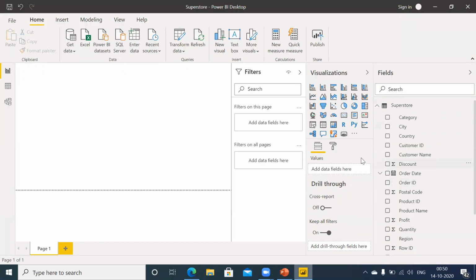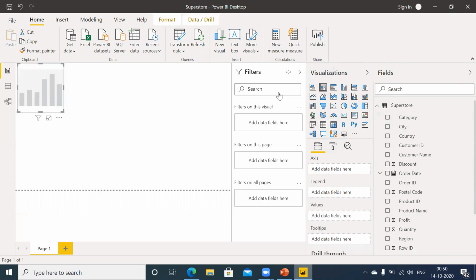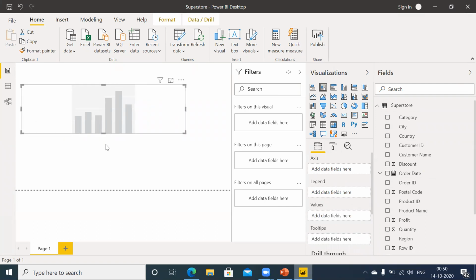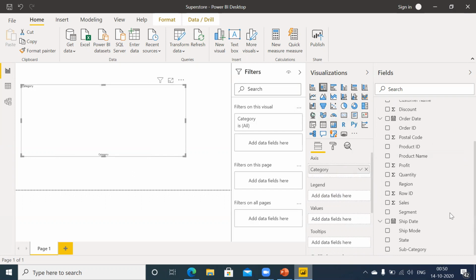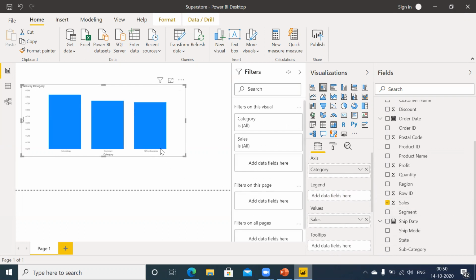So this is the Superstore related data. In this session, we will talk about the drill-through filter. So let's take one bar graph, and in this graph, on x I am taking category, and in values taken sales.